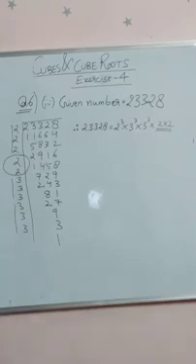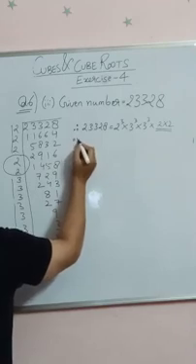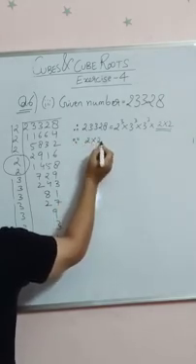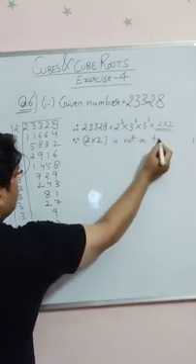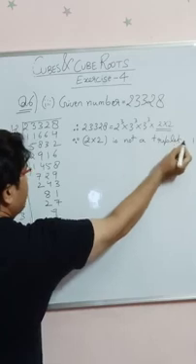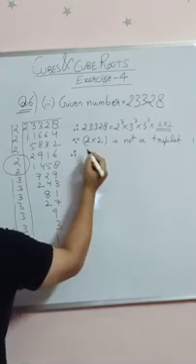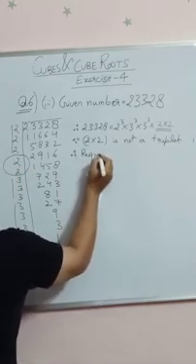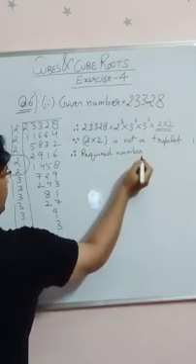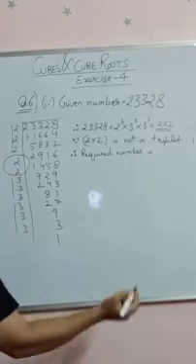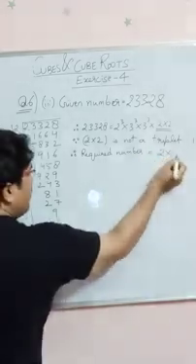So like we have done in the previous question, that is question number 5, our focus is on those numbers which are not forming a triplet. So we are going to write, since 2 into 2 is not a triplet, therefore the required number will be equal to 2 into 2, that is equal to 4.